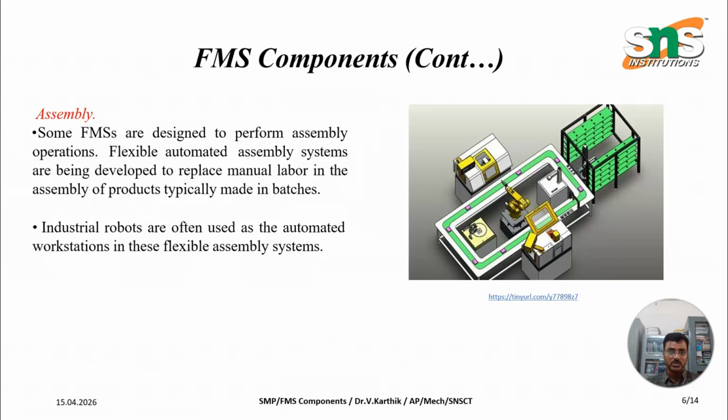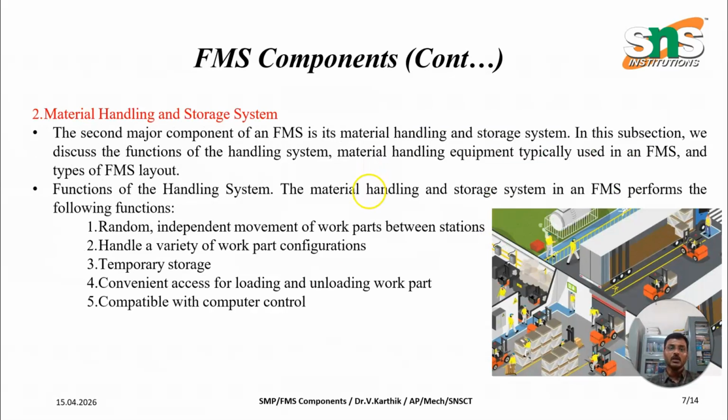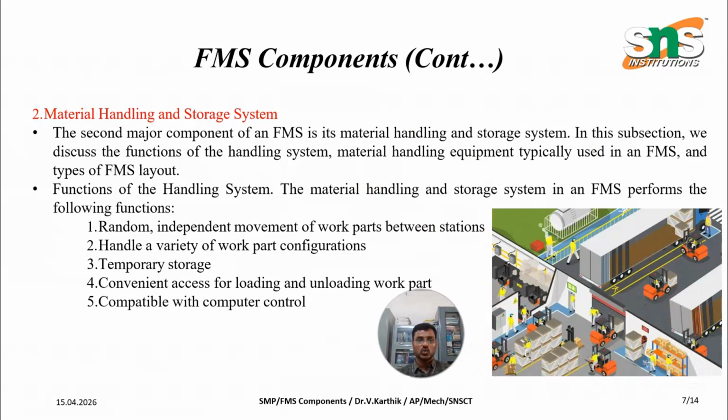Industrial robots are often used as automated workstations in the FMS. And then the material handling and the storage system. The second major component in the FMS is the material handling. This is one of the major things, because while the machines work smoothly, materials have to be delivered,